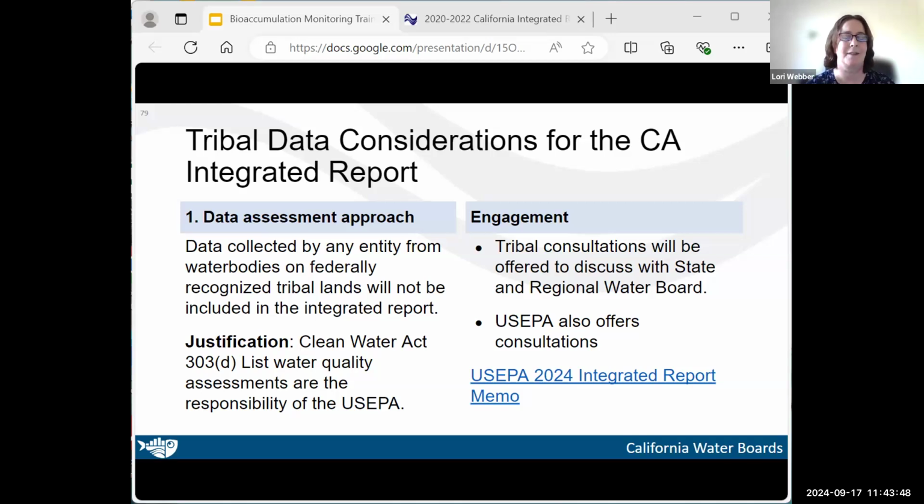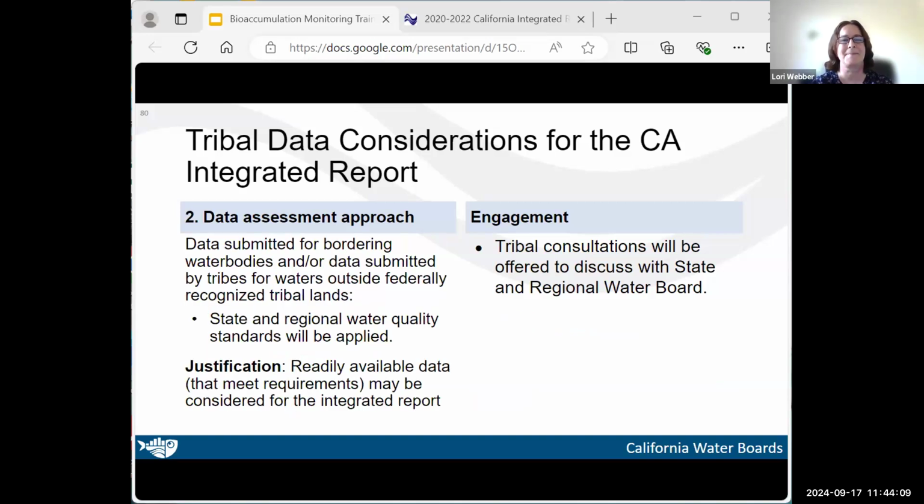Data collected within the boundaries of federally recognized tribal lands is sort of excluded from assessment for the integrated report. But we are reaching out, and we are offering consultations because this is a new process for us. Next slide, please. Okay, and so then the second step, or the second component of this approach, is